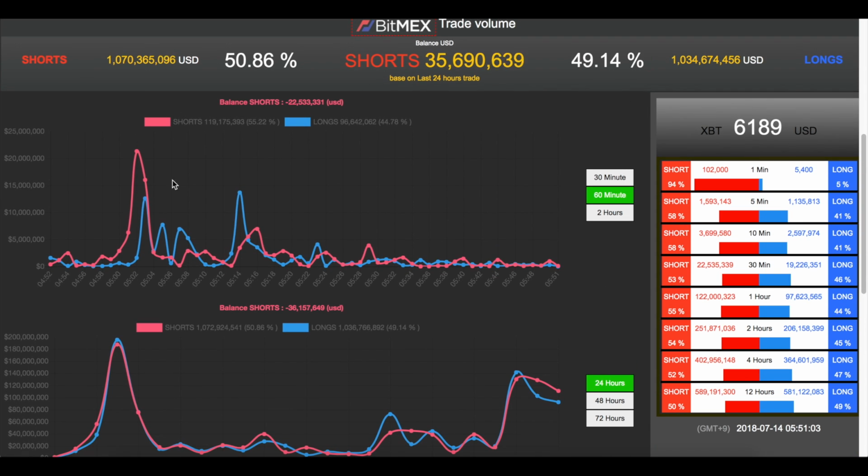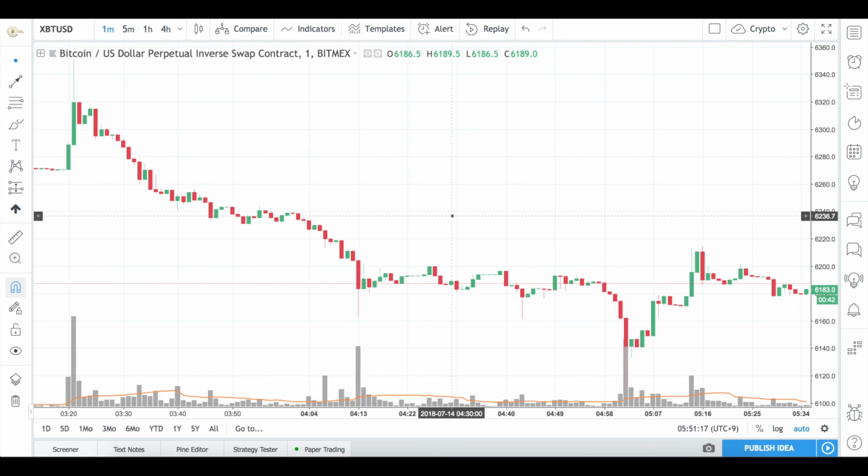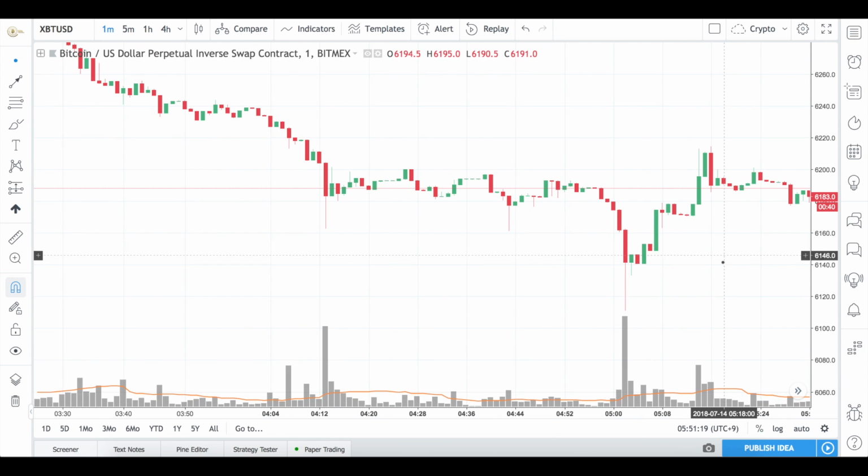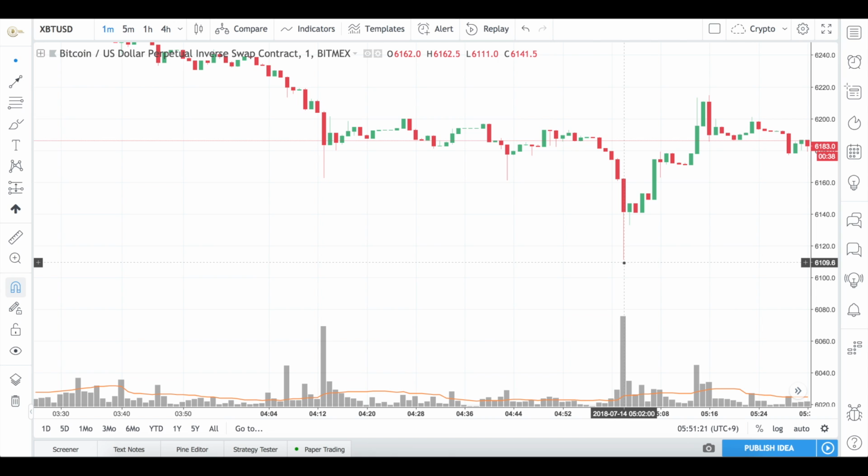So one thing that we can even look at is a direct example right now. 5:02, we had a spike in shorts. And at 5:03, we had another spike in shorts of 16 million and of 21. Let's go take a look at what was happening at 5:02 and 5:03. Well, 5:02 was here and 5:03 was here. So here and here, we got a